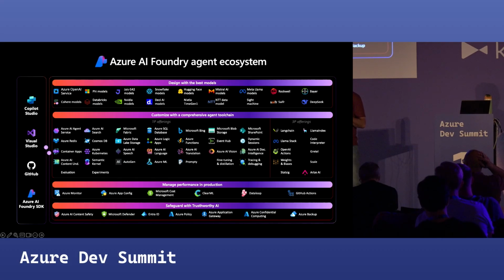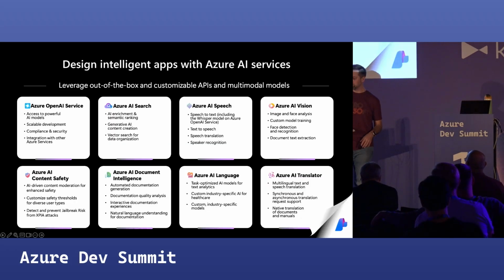I know that I can get pretty much everything I need from Azure. And thankfully, now I have Copilot, so I don't need to understand all this stuff. I can just go to Copilot and say, hey, I'm building an app. It needs to have some AI. I'm going to probably need a database. Probably going to need to be vector. I don't know what vector is, but you do, and you know if I need it or not. So go do all these things, and then it picks and chooses from all these things, and it's amazing. And then, of course, you can monitor it and all those sorts of things.